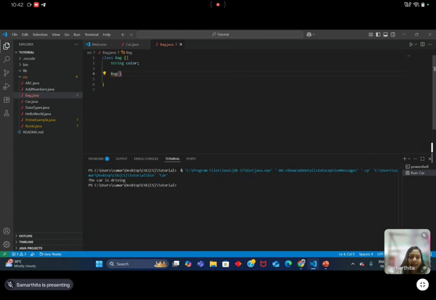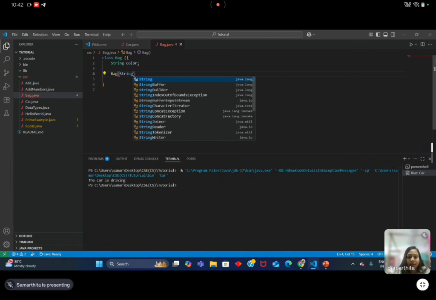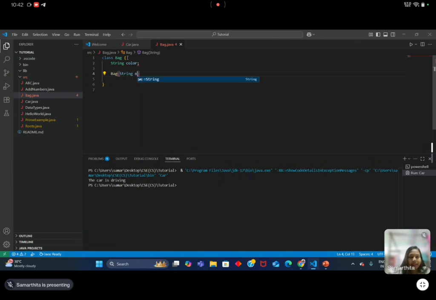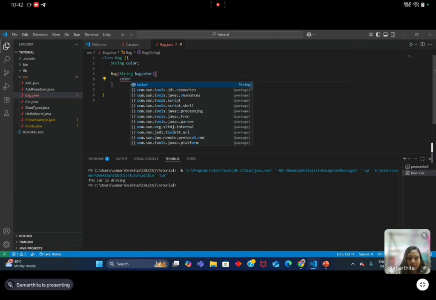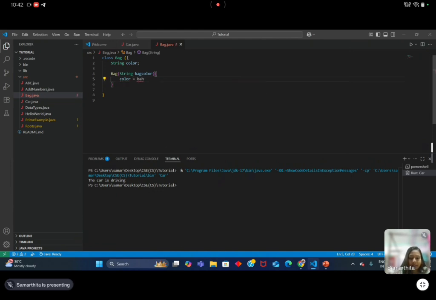So Bag, with String bagColor as the parameter, and then this dot color equals bagColor, okay.